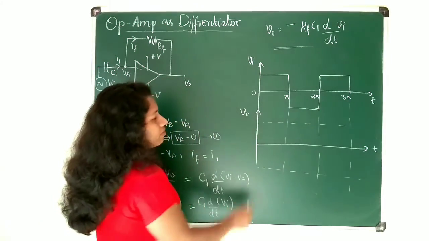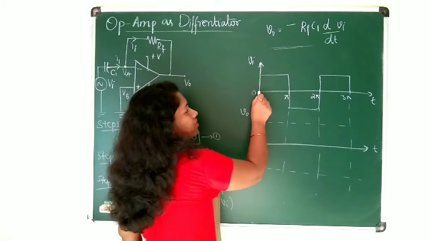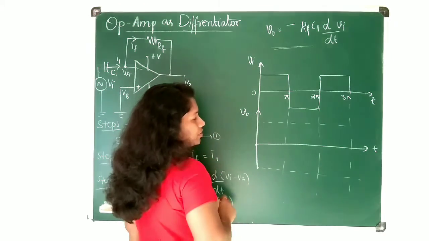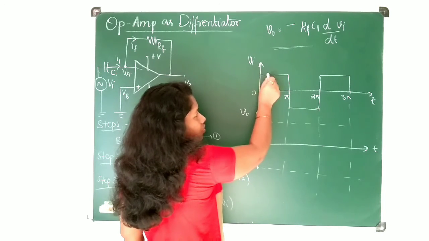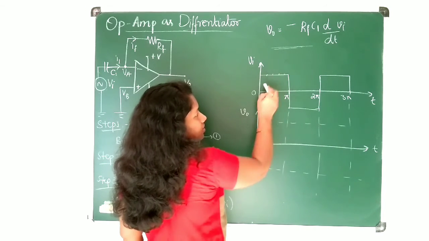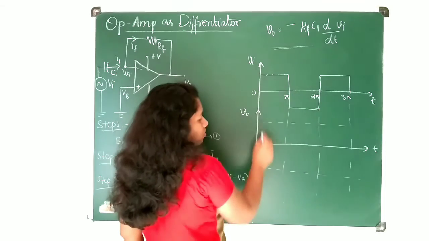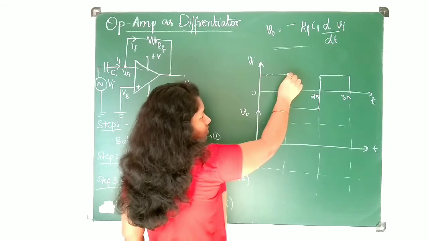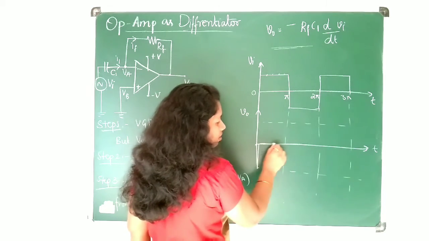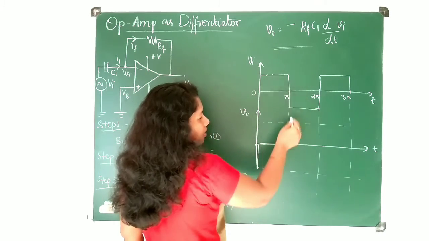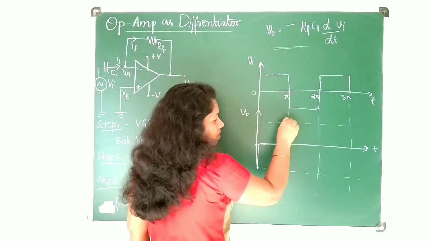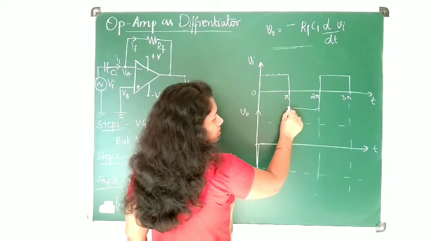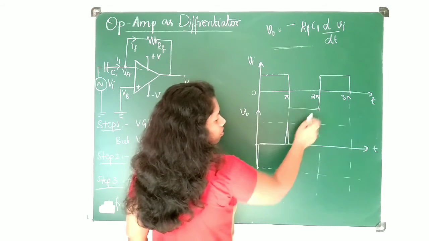See here, it is going from 0 to 1. So what happens is the output reaches this negative amplitude, and then the difference between these two points, for example, I'll take these points like this. See, the difference between these two is 0. So you will be getting a 0 like this, till the value which falls from high value to low value. And then when it goes from a high value to a low value, you will be getting a sharp spike like this. And then it will be constant, that is 0, because from this point to this point the difference is 0. So it will be at 0.